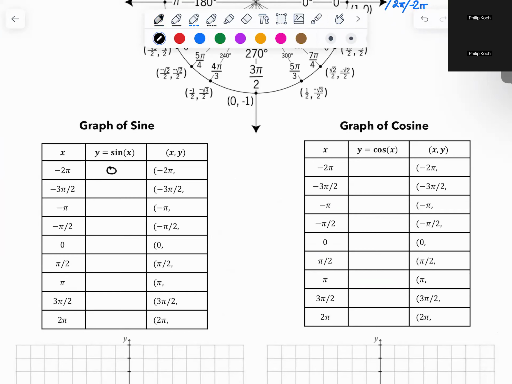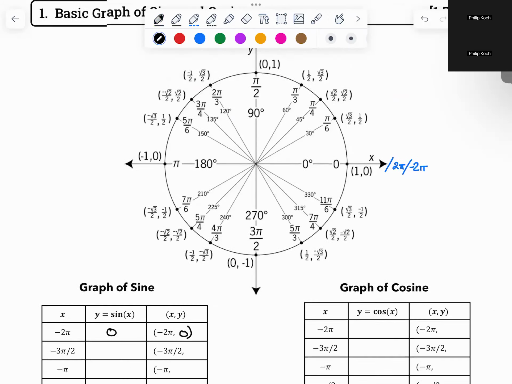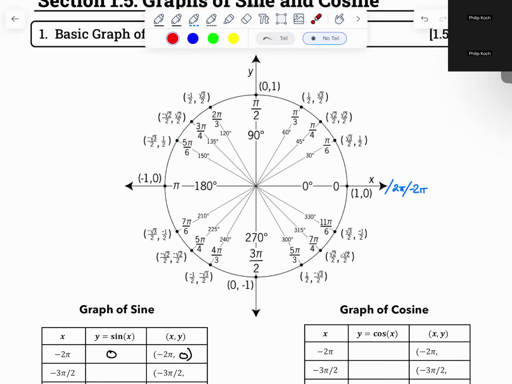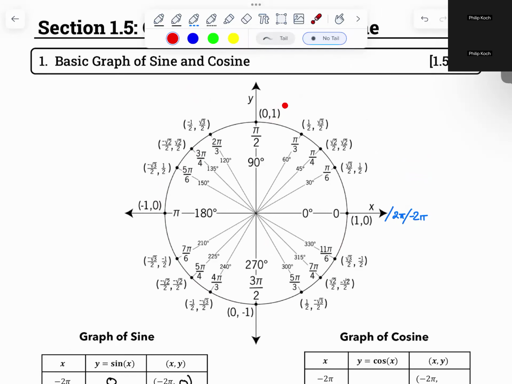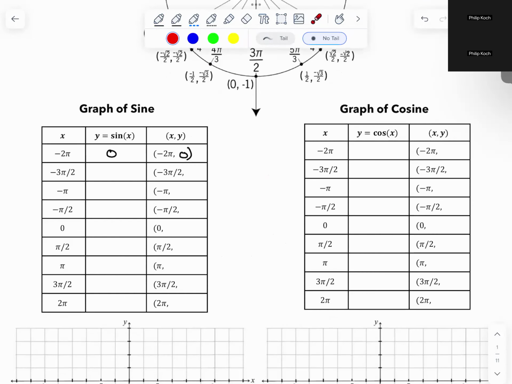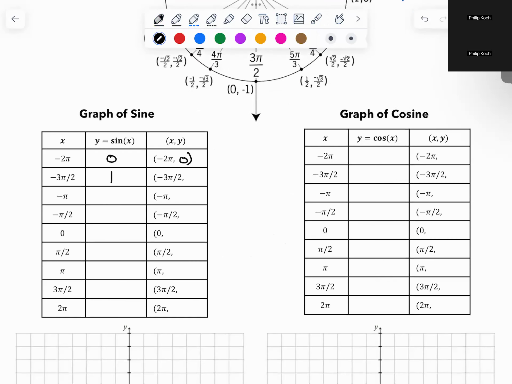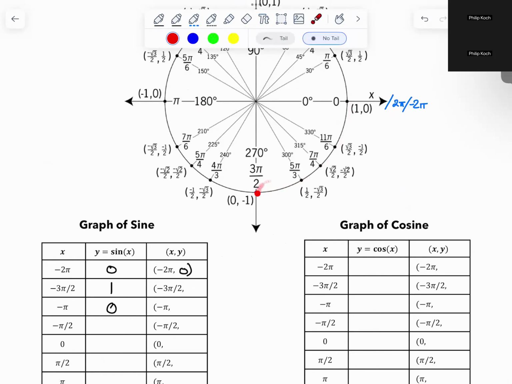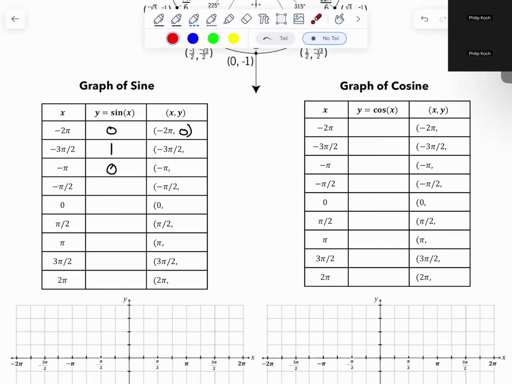And that means we have the point -2 pi comma 0, -3 pi over 2. So just kind of drawing it on the graph, -3 pi over 2, negative pi over 2, negative pi, negative 3 pi over 2. Up there, sine is the y value, so it's 1. Then negative pi would be here, which would be 0. Negative pi over 2, that's right here. So that's going to be a y value of negative 1. So sine of negative pi over 2 is negative 1.